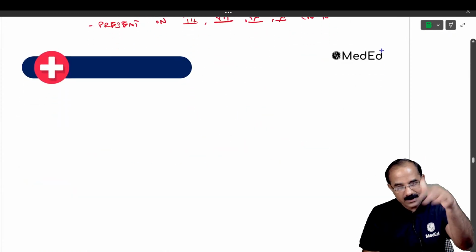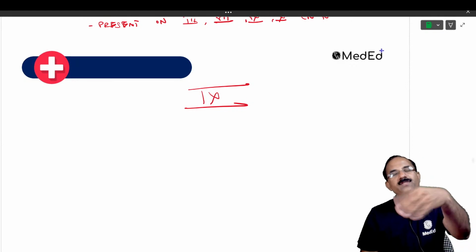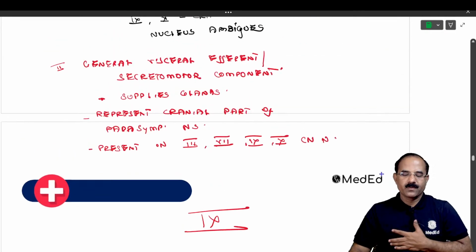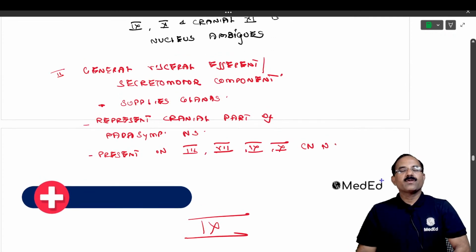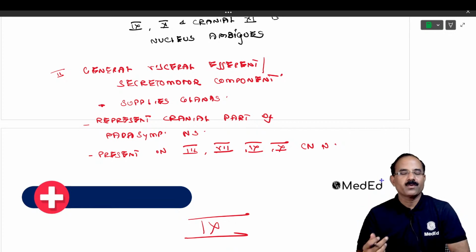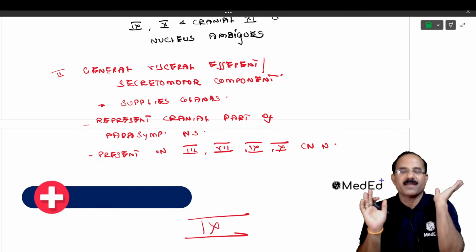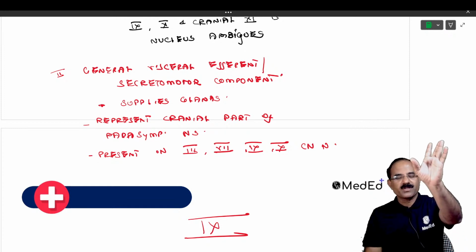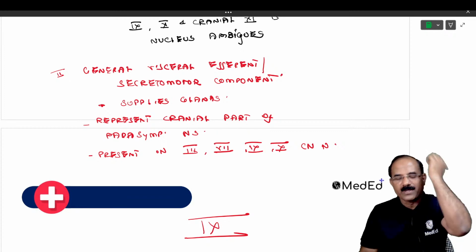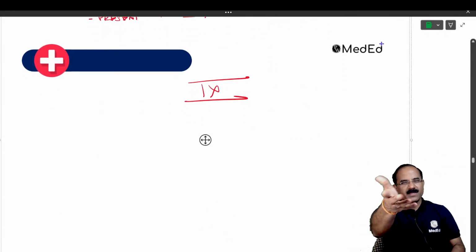Now understand it, I will make it very simple. We come to the glossopharyngeal nerve. Tell me, what does the glossopharyngeal nerve supply? You tell me what it supplies. I will tell you the components. Whatever you know till now, tell me what the glossopharyngeal nerve supplies. Start. Write it in short.